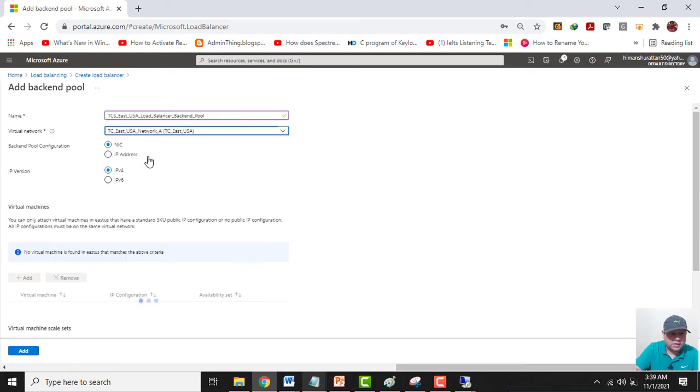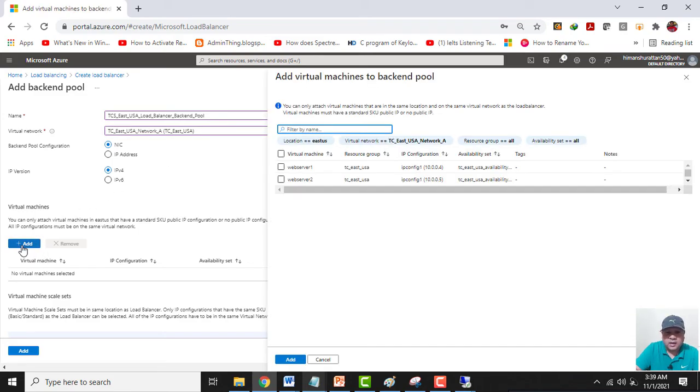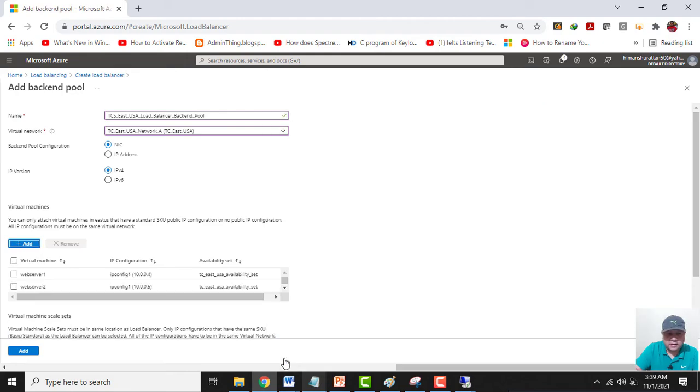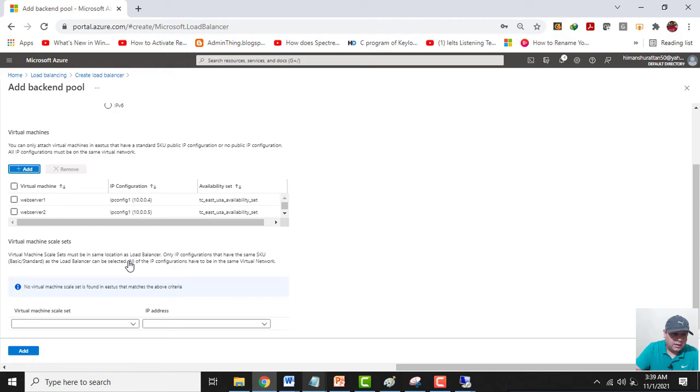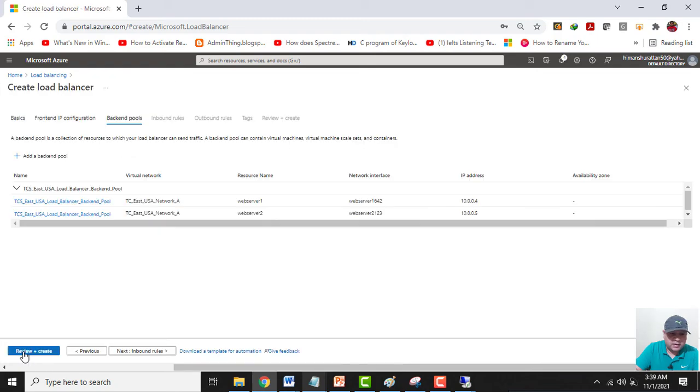Virtual network, I will use this. Now I will click on Add. Guys, here we can add these two. I will be adding these two VMs. Click on Add. Now here I will click on Add once again. Now this backend pool is also configured.